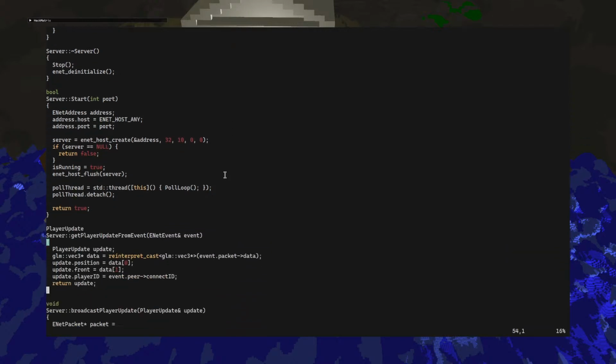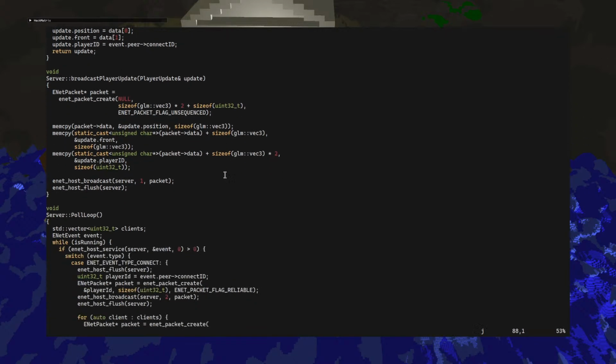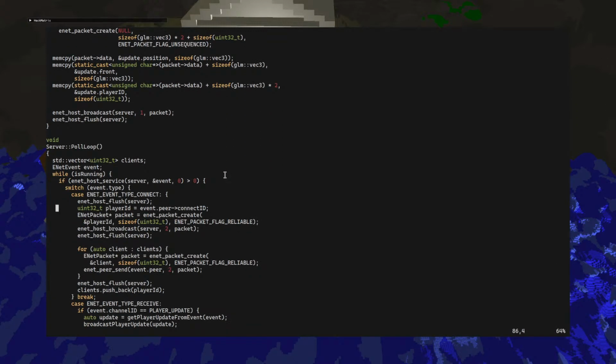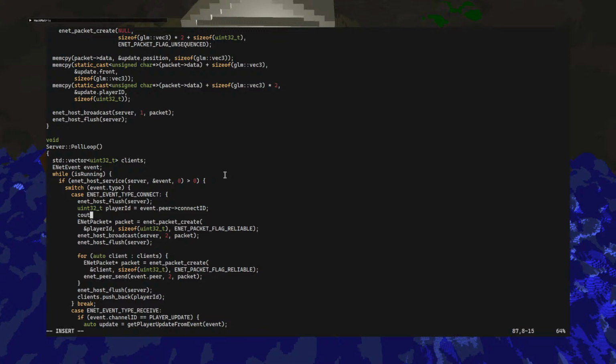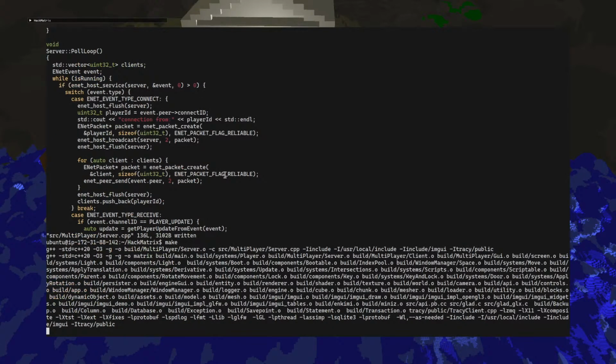Let me print the connection here. So this is the connect. I'm not going to output your IP, just the player ID. std indel. Not sure why it's segfaulting like that.